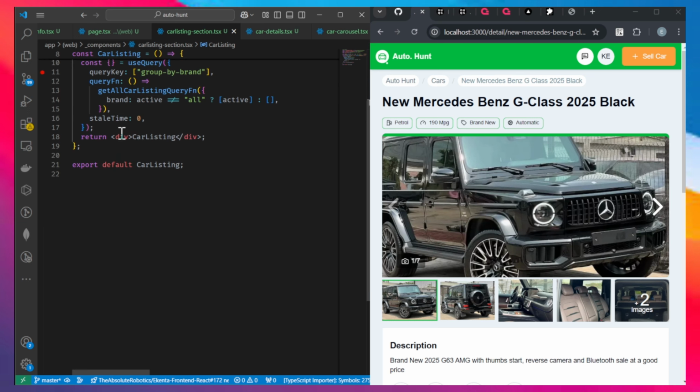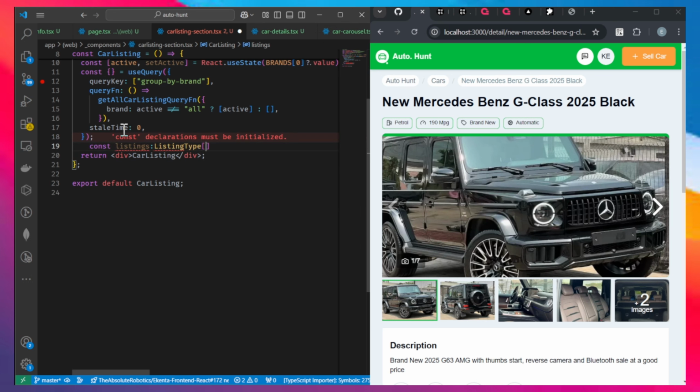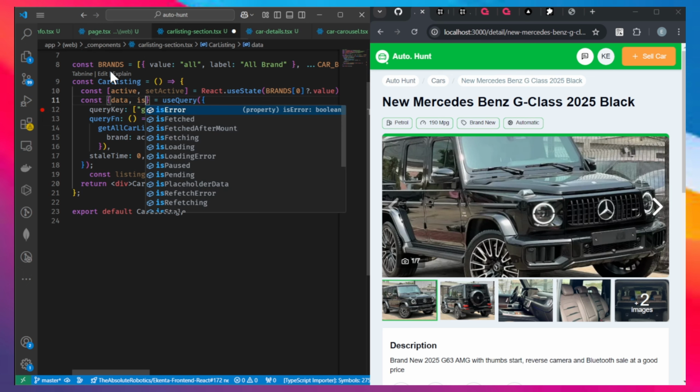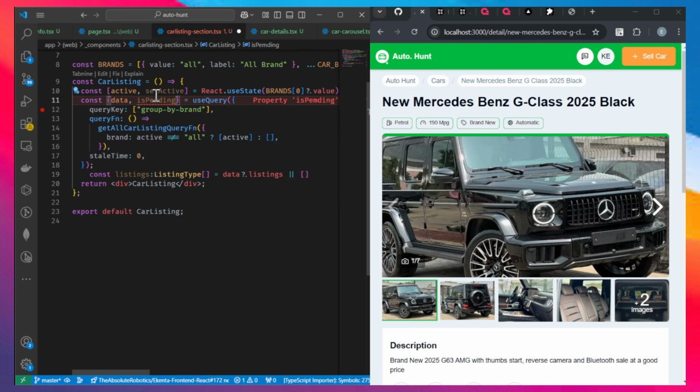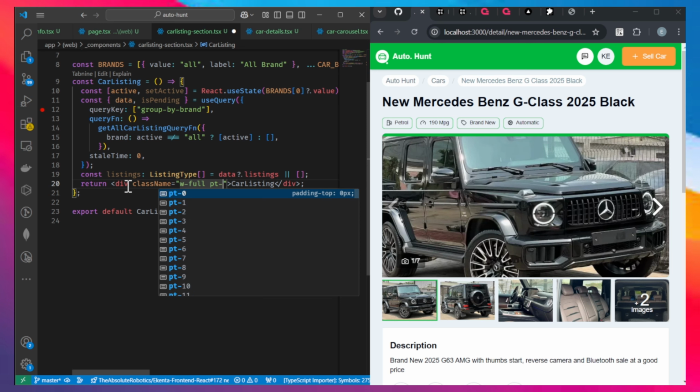And this is so we can get the constant listing of type listing is equals to data to listings, and let's get data from here, and it's pending, and save this. So here we're going to have class name widthful pt4 pb 14,